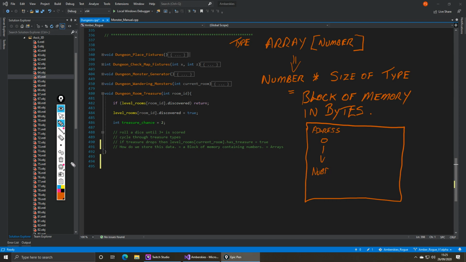I've done it again. And the data in bytes.